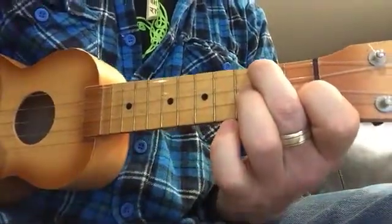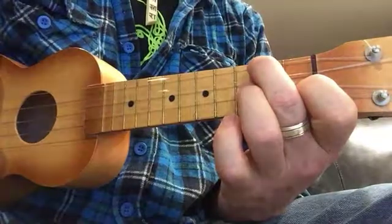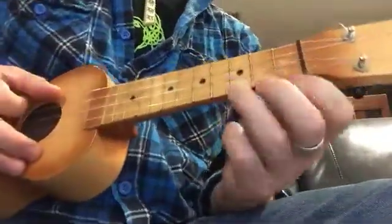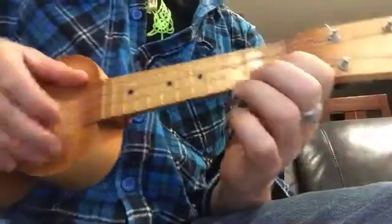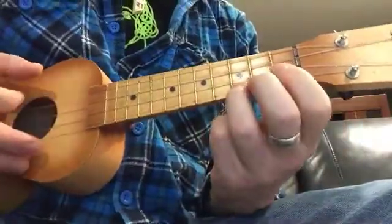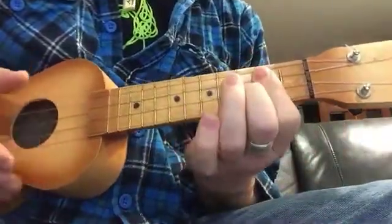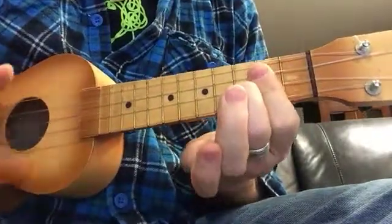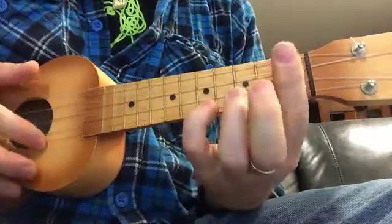Shall I do another one? Sure, why not? This one, something a bit more complicated, but a more popular song. I'm going to play Obla-Di Obla-Da in G. So it starts in G. We've got a D,